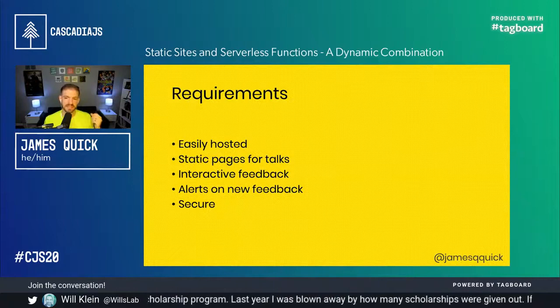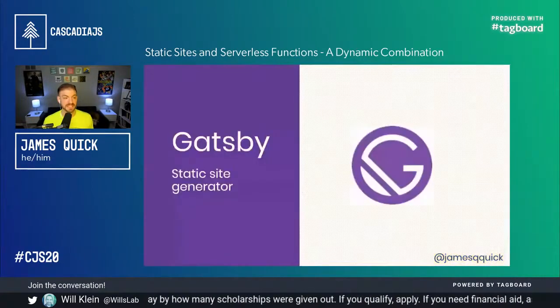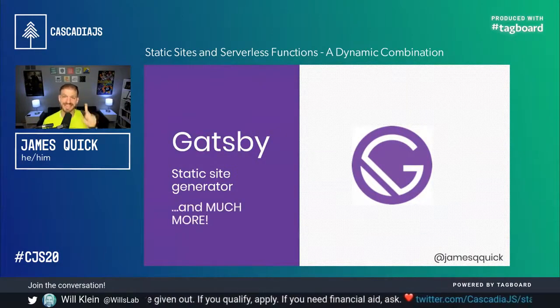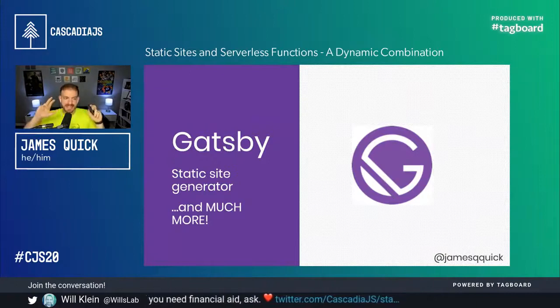And then I wanted a site that's really secure. So again, speed, easy hosting, secure. This is all the realm of static sites and Jamstacks and that sort of stuff. So the technologies that I decided to use for this: Gatsby is a static site generator, but much more actually than just that. It can do static site generation, and you'll actually see some of that here in a minute. But I'm using Gatsby as a static site generator, and it's a framework built on React.